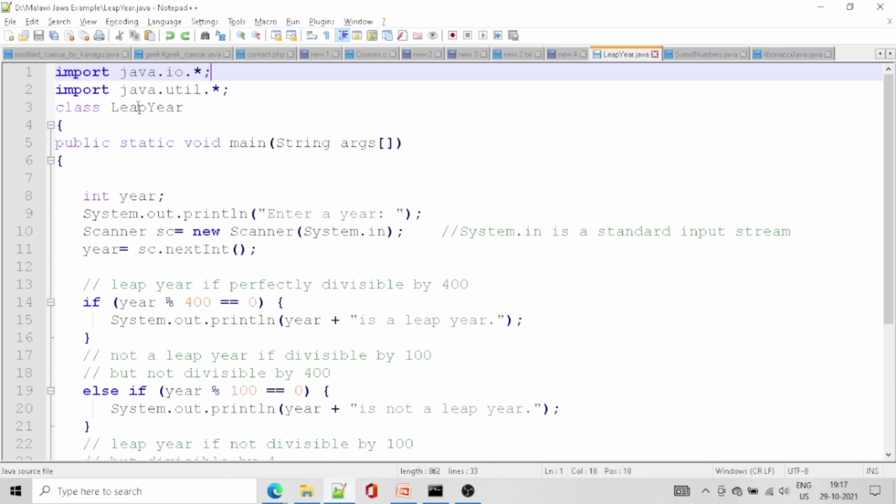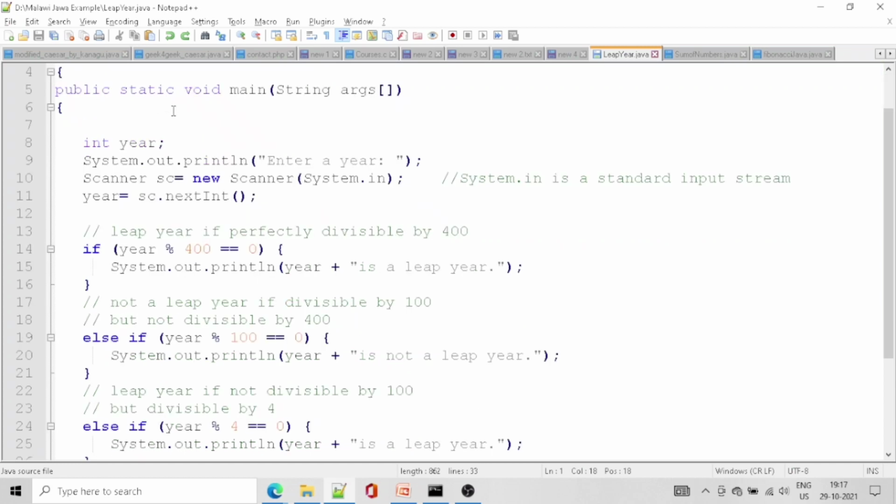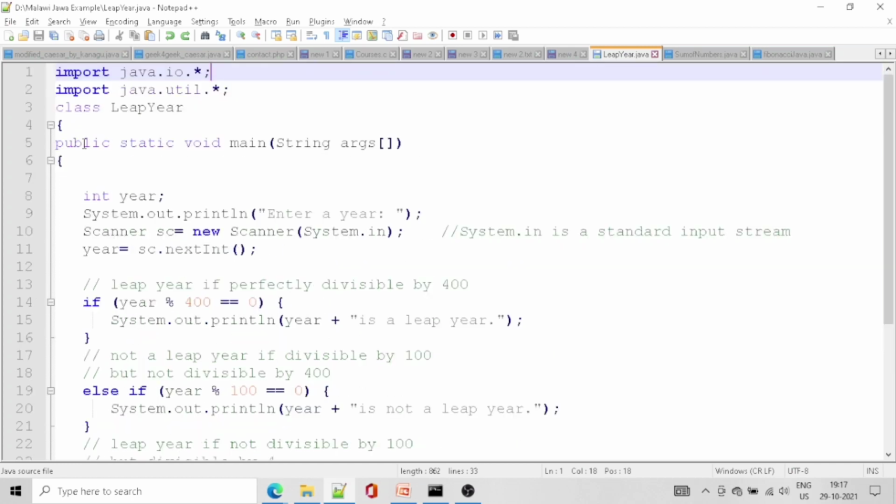So we are declaring the class name as class leap year, and we are declaring public static void main, String args. Okay, this is an important line. This is the term to get the input from the user. We have all seen void main in C. I don't know how many of you know about C language.